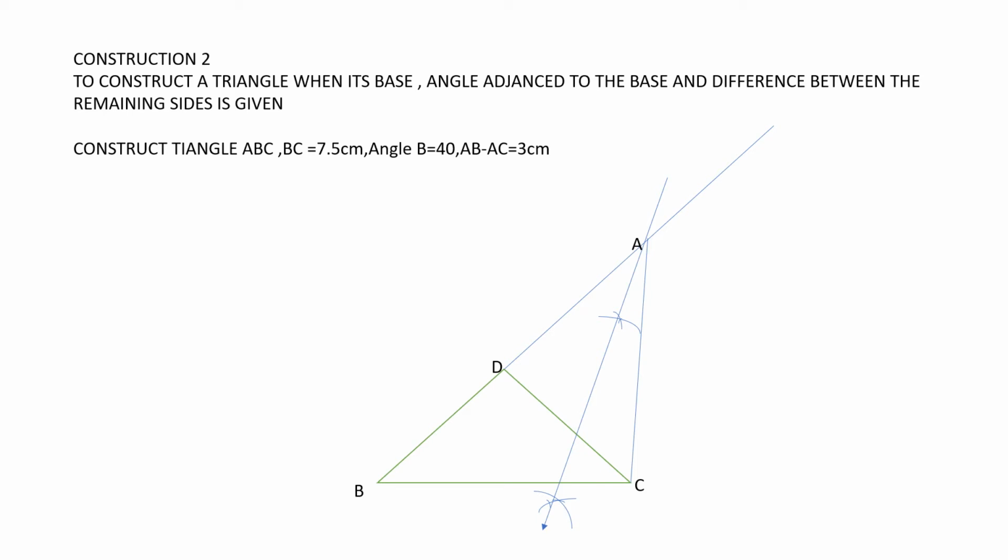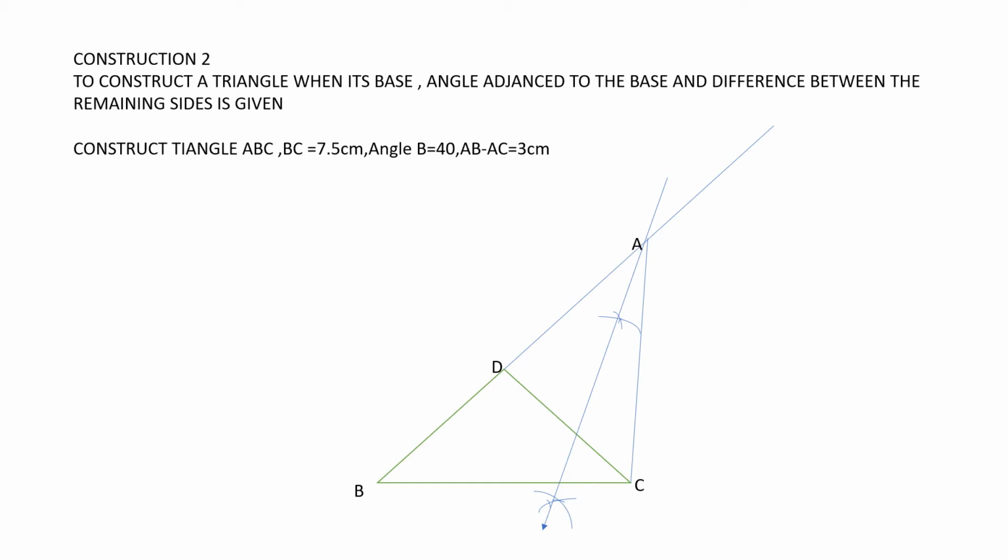This is B, a 40-degree angle, and you have to go in the upward direction. Make a line upward to somewhat of an extent, in a longer manner, with the help of a scale, right? And just mark here, somewhere here, L, right? After marking L, the information given is AB minus AC, so how will you draw it? Just from B, mark a D point, right?